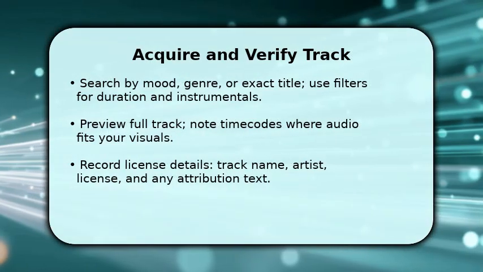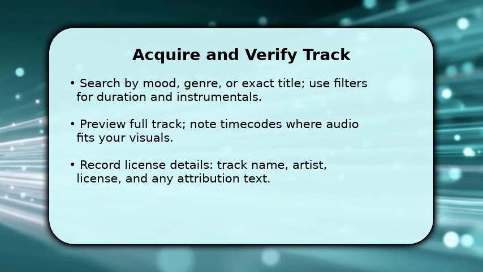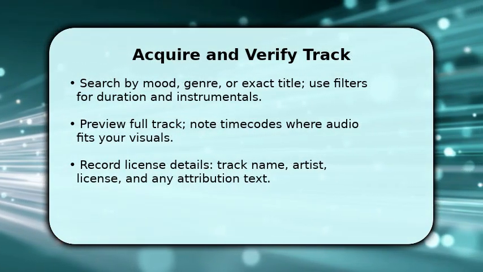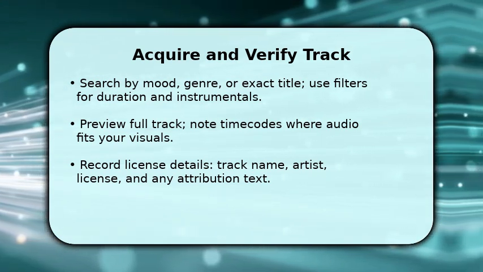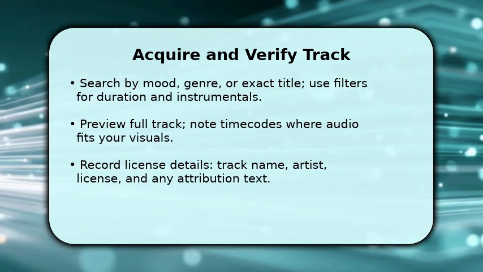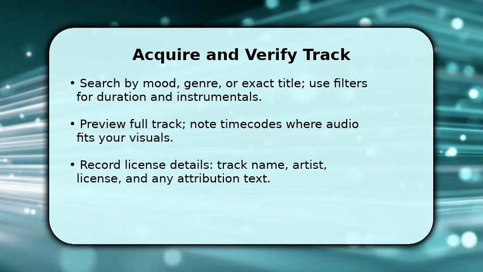Next, locate your track. Search by mood, genre, or exact title and apply filters for duration and instrumentals so it fits your edit. Once you preview, mark timecodes where the audio complements cuts and transitions because precise alignment saves edit